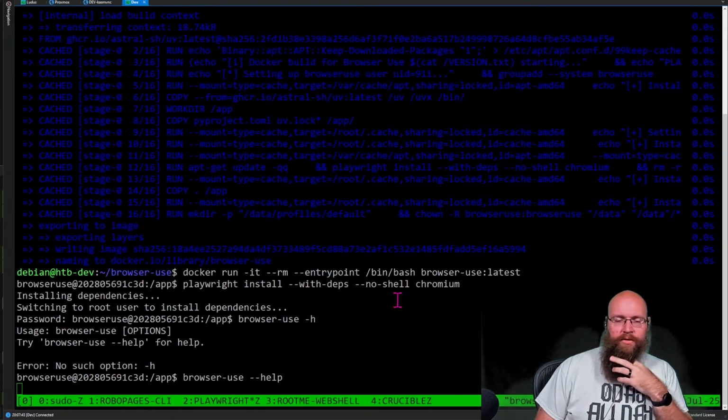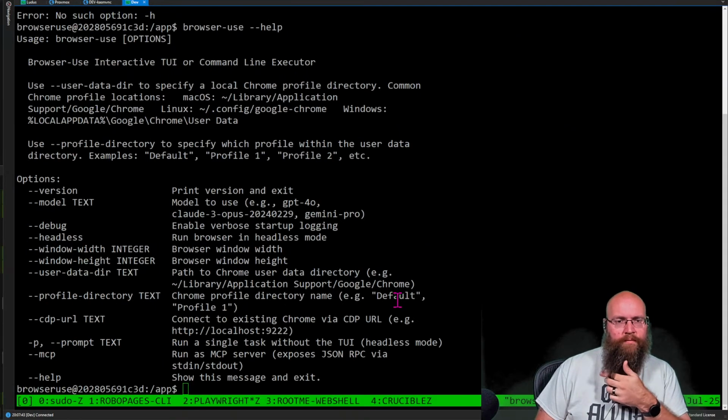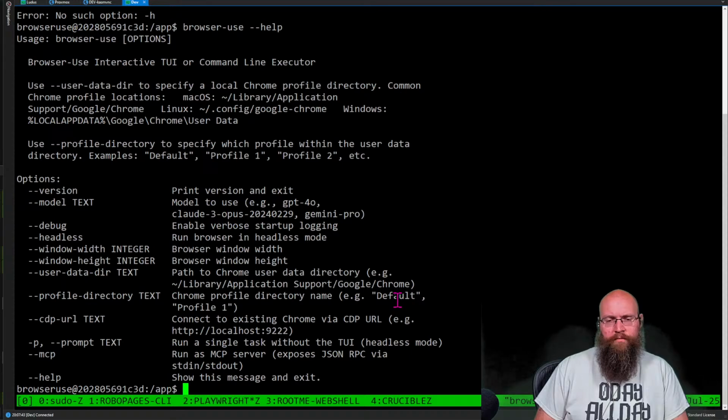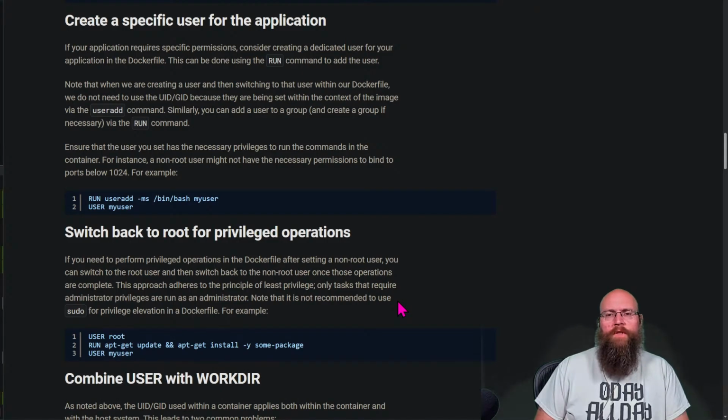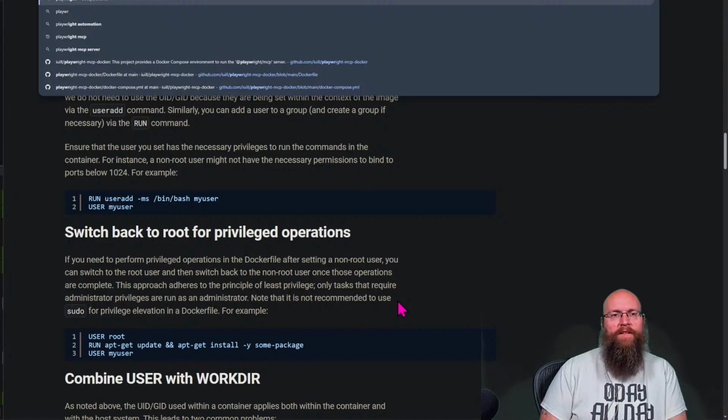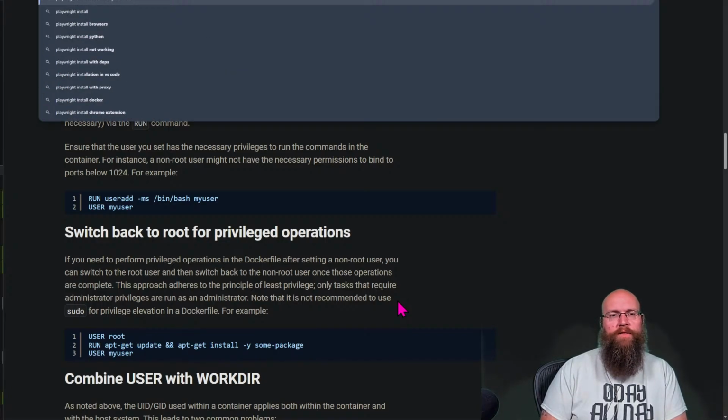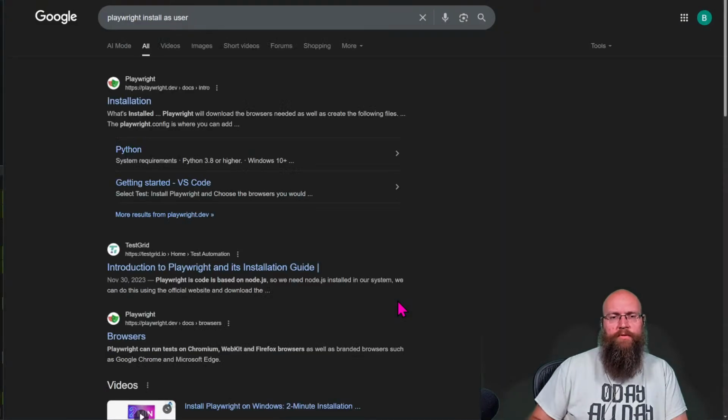Let's look in the browser use help. See if there's a way to do this. Maybe Playwright has functionality to do that. Playwright install user.